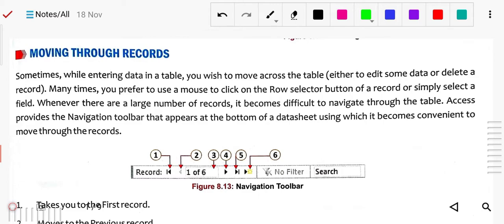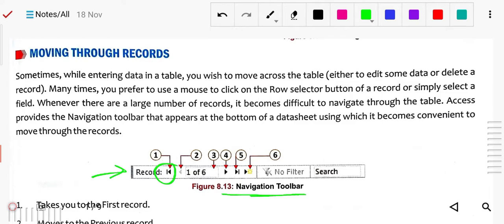Okay, so it will be very difficult. So in that case, this is very convenient. Okay, so what are the other convenient ways? Which one is the convenient way? This is the convenient way: the navigation toolbar. You will see at the bottom there is a record indicator and there are next and forward buttons. Likewise next, previous, stop, so these are there.